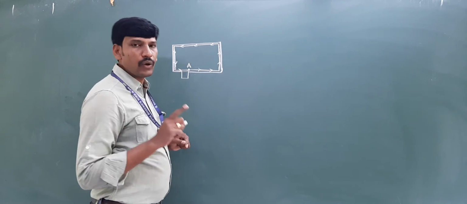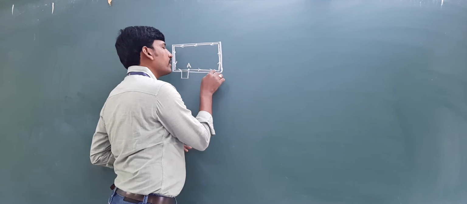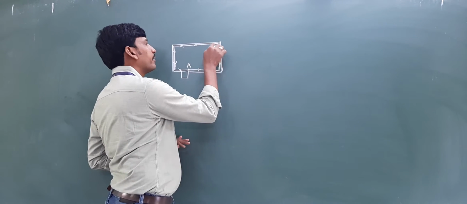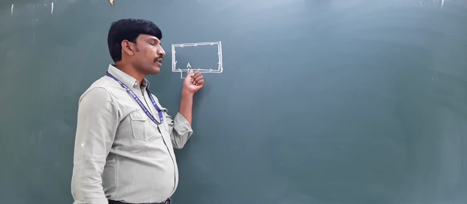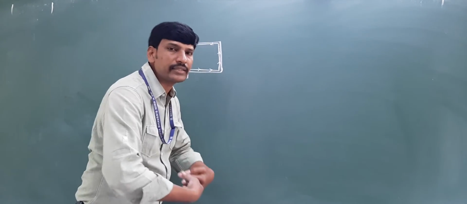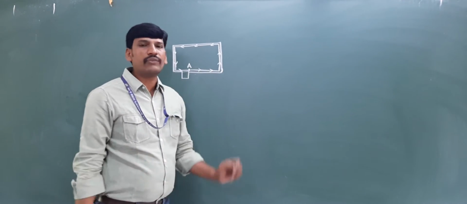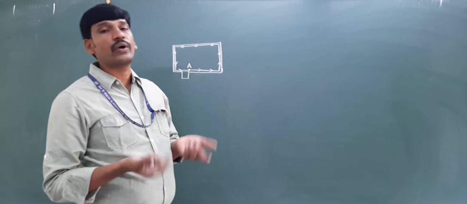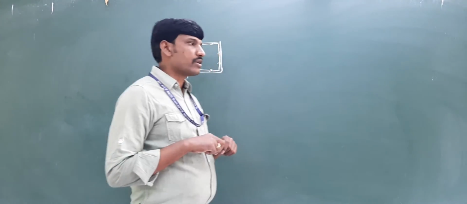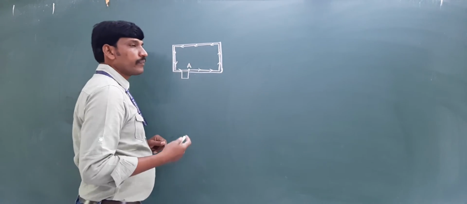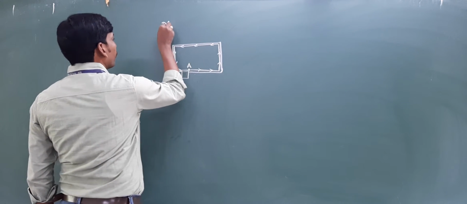See, only one round. A person starts from this point A. He is walking along this line, these arrow marks, and completes one round to reach the same point. Whatever distance is covered by him, that is called the perimeter of the figure. It may be a rectangle, it may be a square, it may be any two-dimensional figure. So today we are going to discuss this concept; the perimeter concept will come under mensuration.